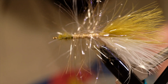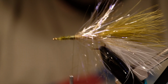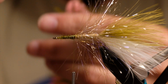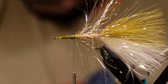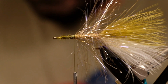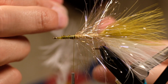And then the final, I'm going to pull this back and kind of push it back a little bit. The final material on this back hook is going to be a piece of white schlappen and a piece of olive schlappen that I'm going to tie in together. Basically the front hook tie is going to be about the same as the back hook tie. The only thing to watch out for is when you're looking at your pieces of schlappen, you want the bigger, long piece with the longer fibers to be on the front hook. So I'm going to find the pieces of schlappen I have here with the smaller, shorter fibers and tie those